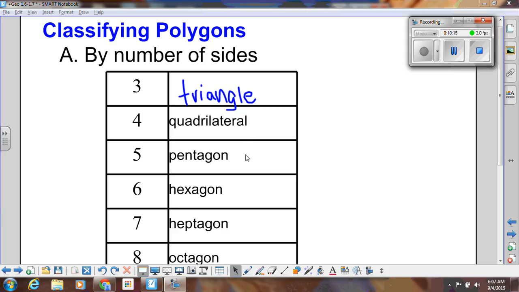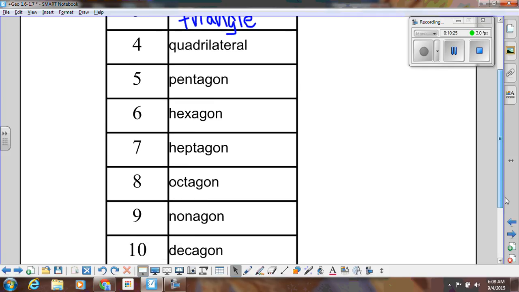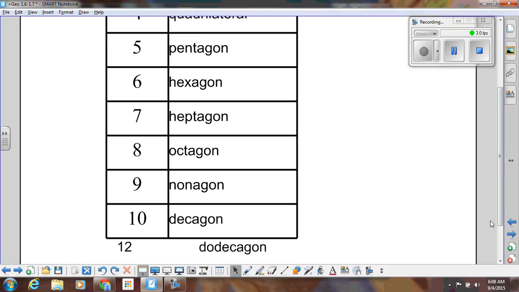Then we've got pentagon, hexagon, heptagon. Make sure you put heptagon and not septagon. Octagon, nonagon, and decagon. And then this wasn't in our table, but let's go ahead and put 12-sided as dodecagon. Alright, so